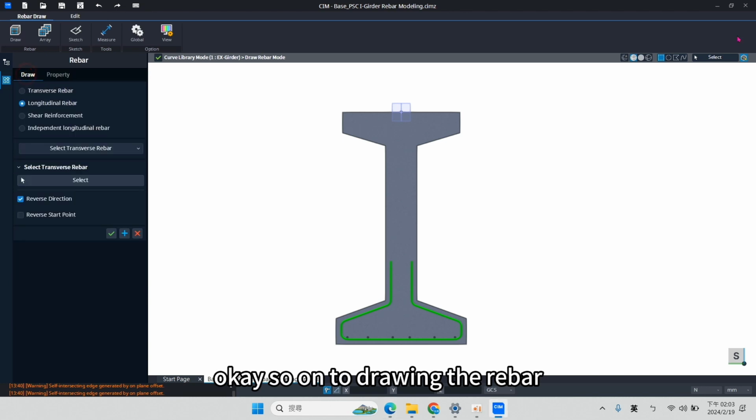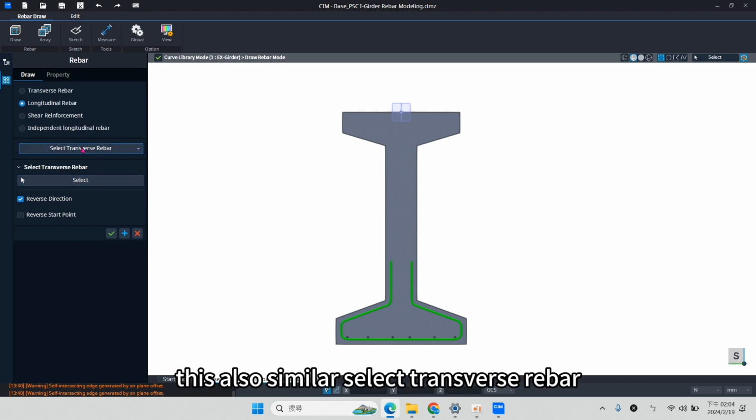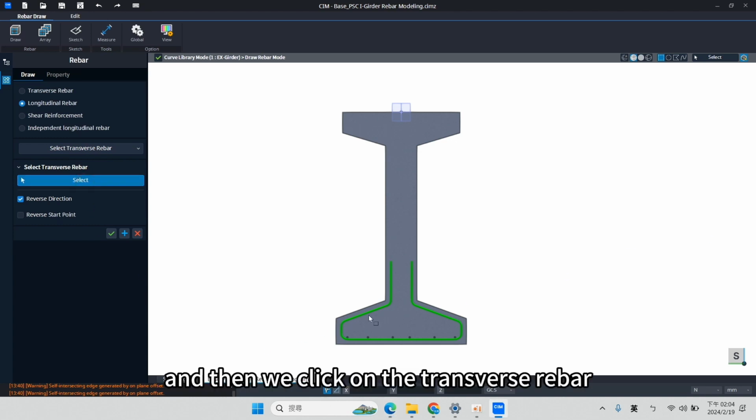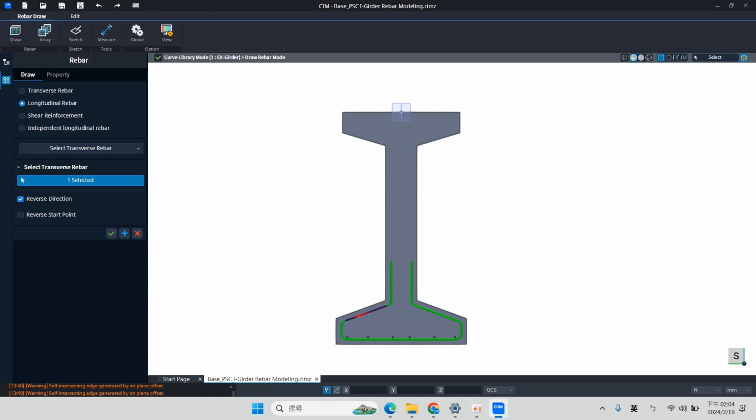Okay, so on to drawing the rebar. In the rebar, this is also similar. Select transverse rebars, and then we click on the transverse rebars here. Click it with blue, and then we select transverse rebars in here again.